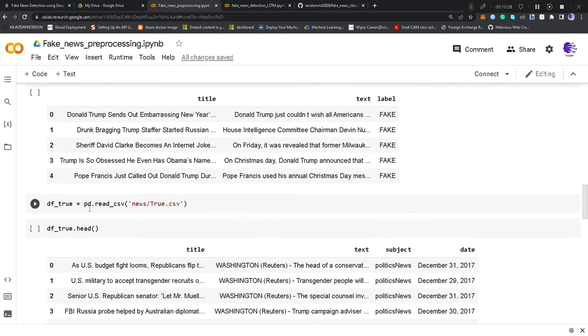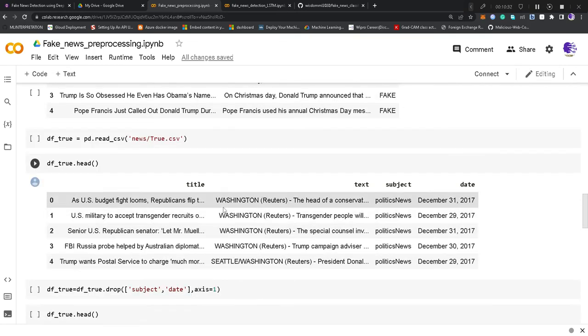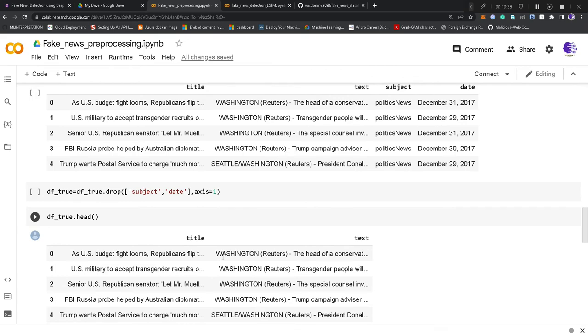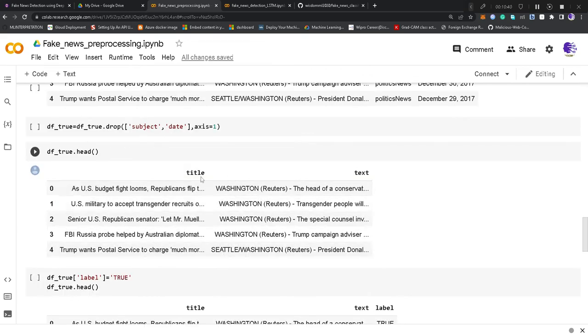Now again we'll be reading true.csv. Here we have this, and we'll be dropping these two columns. So this is the drop. After that, we have two columns, title and text. Now you can see there is one issue